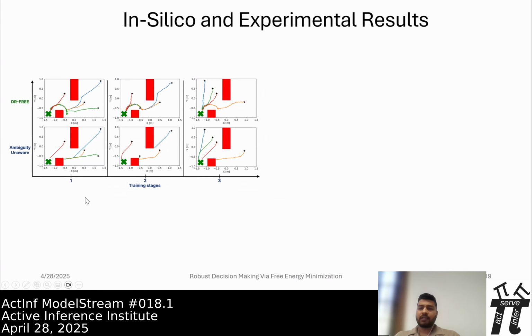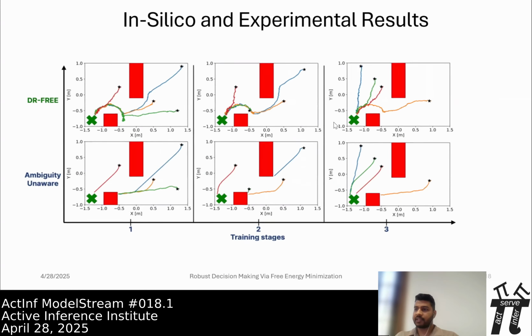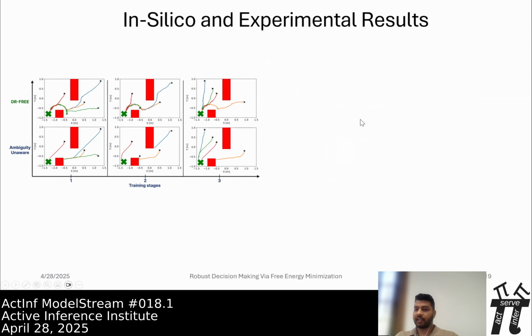No, it's for sure because of the computation of the ambiguity cost. It is a bit slower than the ambiguity-unaware agent, but as you can see here in the video, it is all real time. So it is calculating the actions in real time. I don't know, the video is gone for some reason.